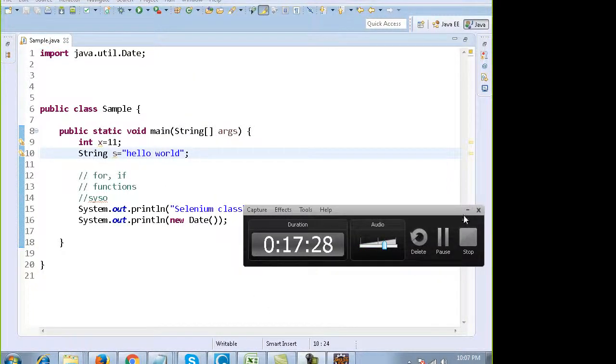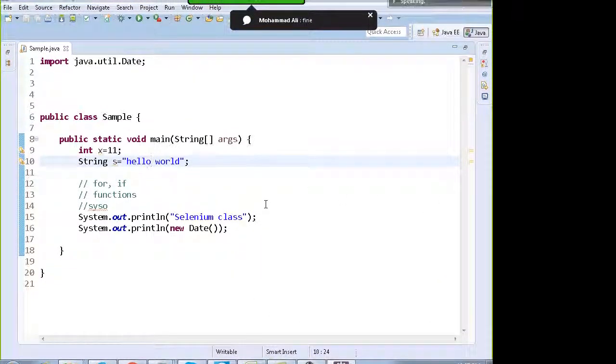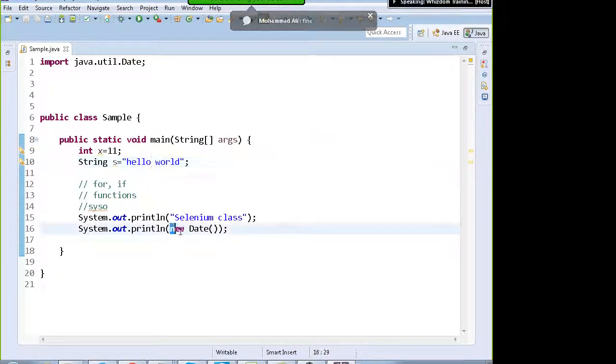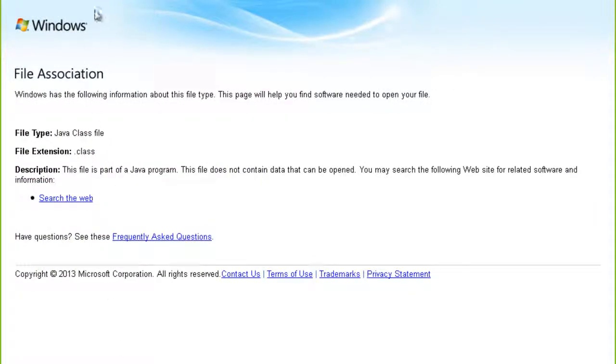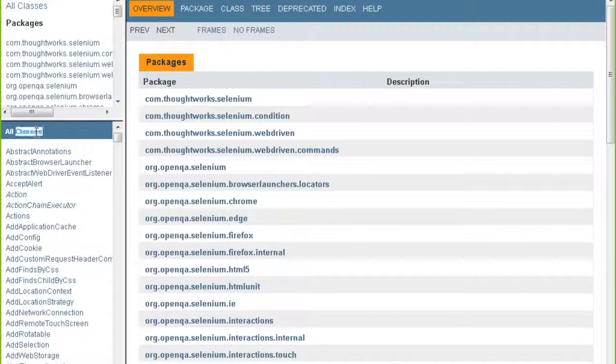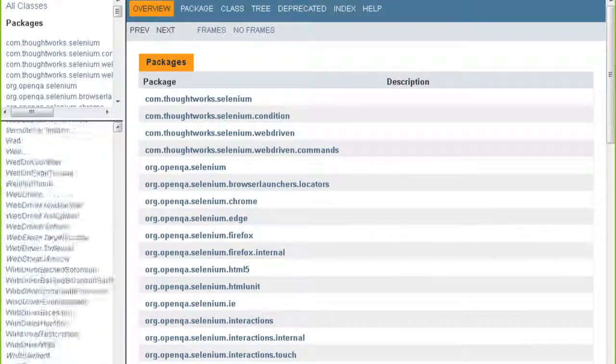So over here, if I am able to print the date so easily by using some internal feature, that means there are many internal features. Yes, there are. And similarly in Selenium as well, when you learn Selenium, there is no rocket science. It's only the existing API and the features of that API you need to learn. You need to learn these are all the classes in Selenium. Over here, these are all the classes.